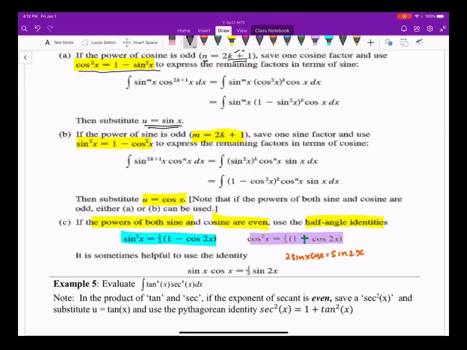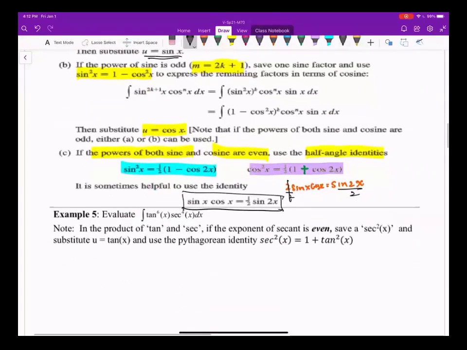If you divide both sides by 2, you get sine x times cosine x equal to sine of 2x over 2. That is what you see right here. So these are some of the trig identities that will help us solve the problem in an easy way. Next,